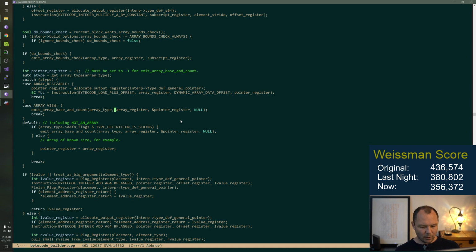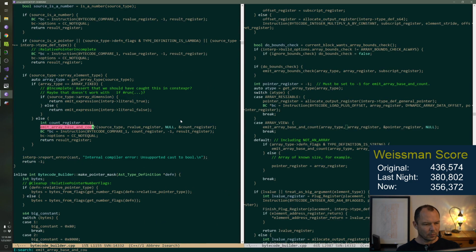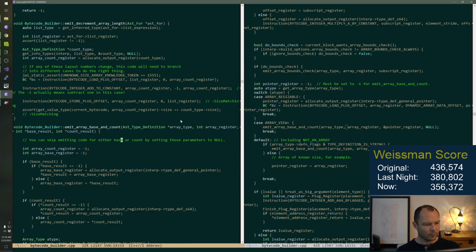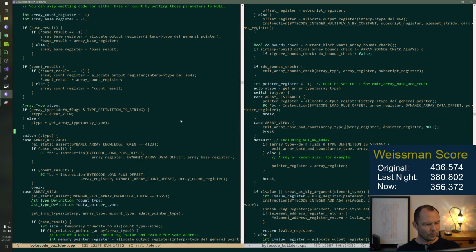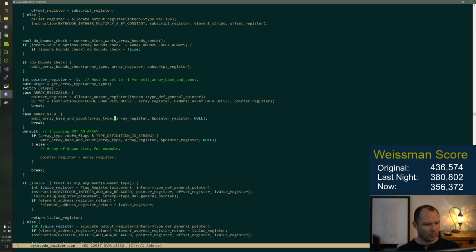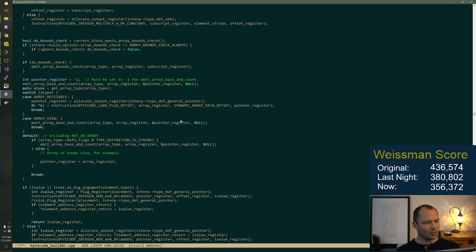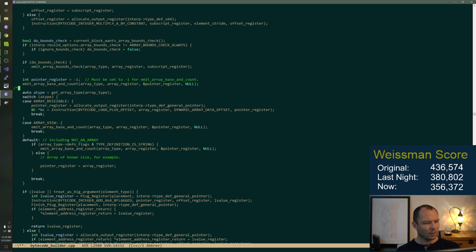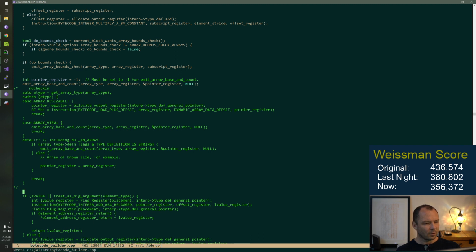Like if I go look at emit array base and count, we handle resizable, view, and fixed. So yeah, this just is what it is.